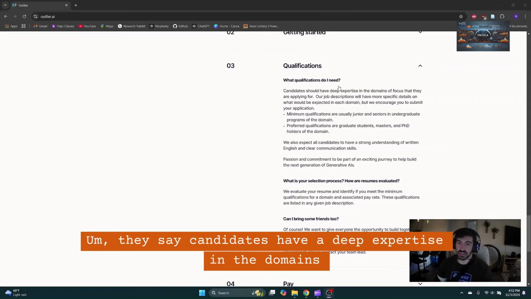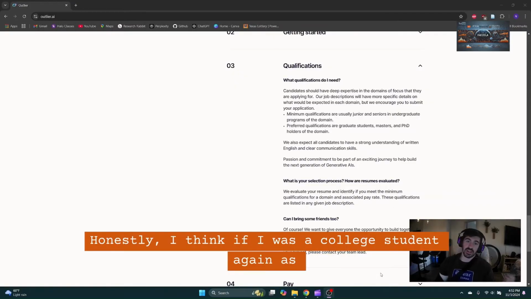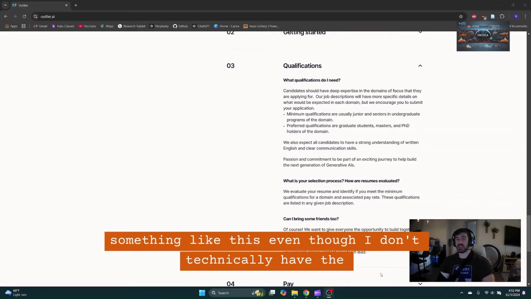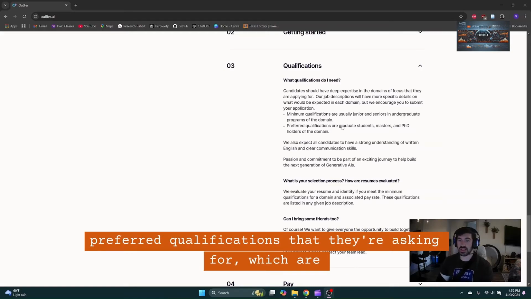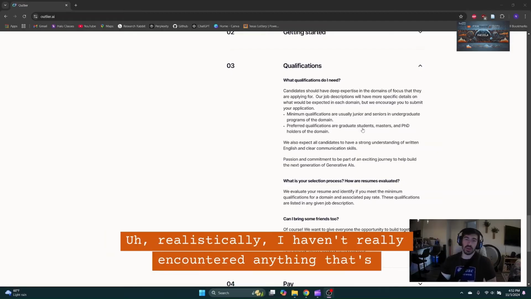So now here's the qualifications that they list out. They say candidates should have a deep expertise in the domains of focus that they are applying for. Honestly, if I was a college student, again, as an undergraduate CS student, I would absolutely apply for something like this, even though I don't technically have the preferred qualifications that they're asking for, which are graduate students and PhD holders of the domain.